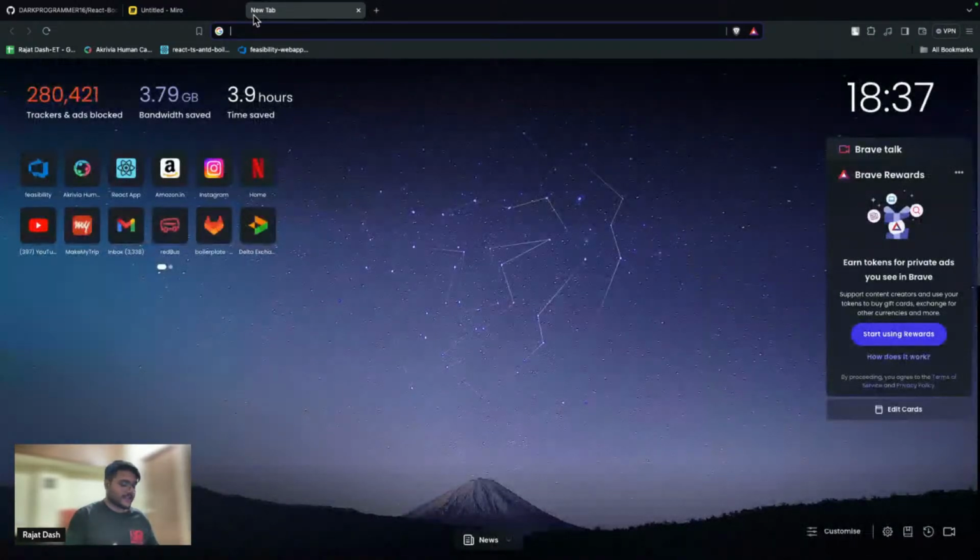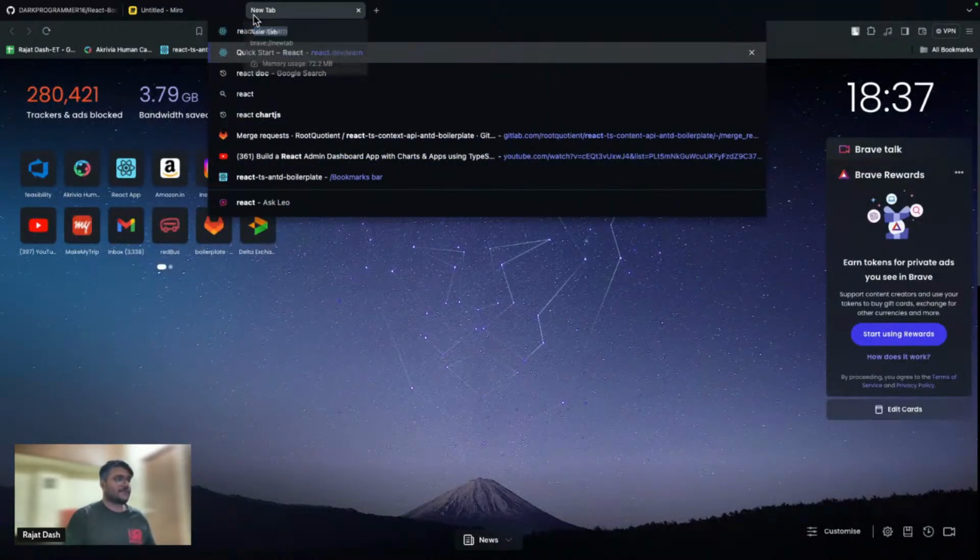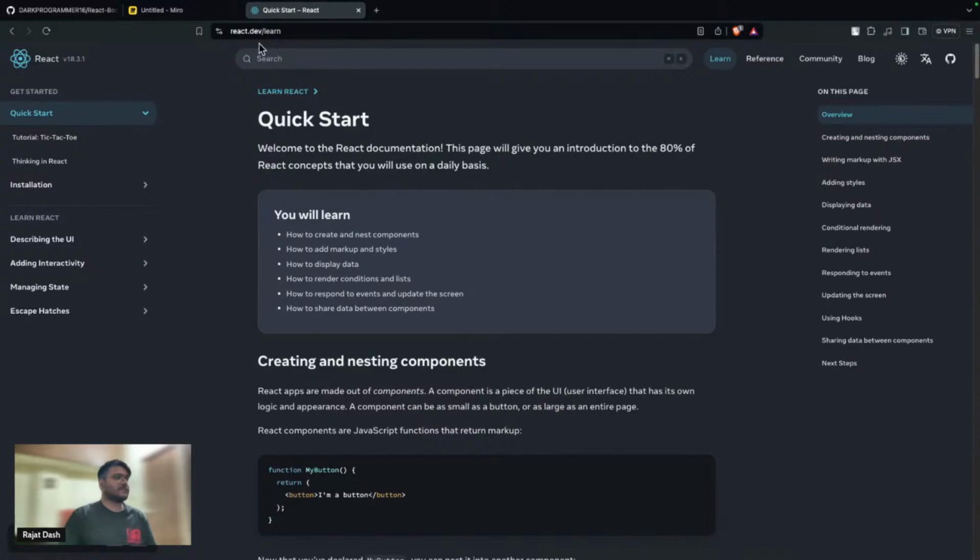And if I go to the web browser and see the React documentation, which React provides us to learn React, go to the documentation. Documentation is the best source to learn React. Sometimes it can be a little bit tricky, but once you get to the documentation, you can achieve anything. Like you can build your own applications on your own without watching any YouTube tutorials or anything. You will get through it.